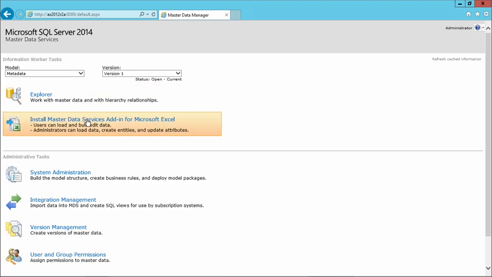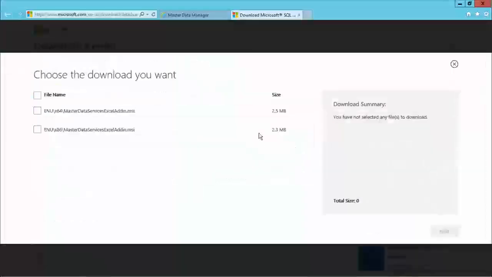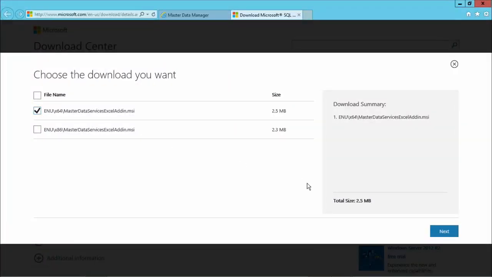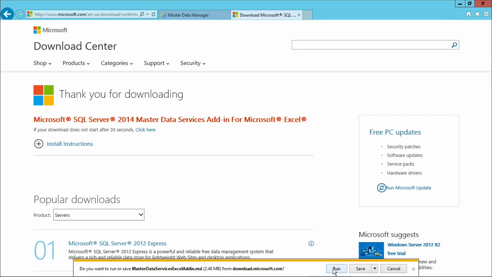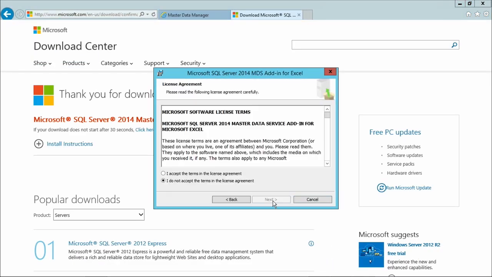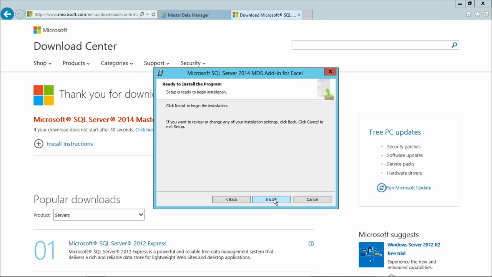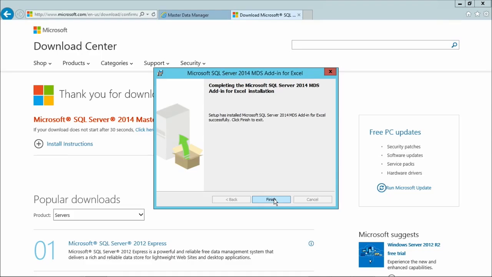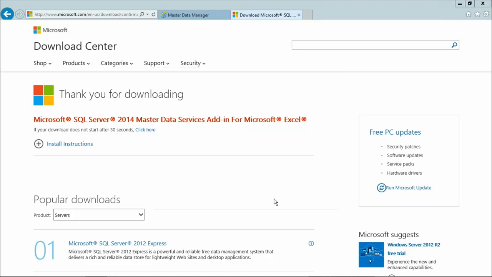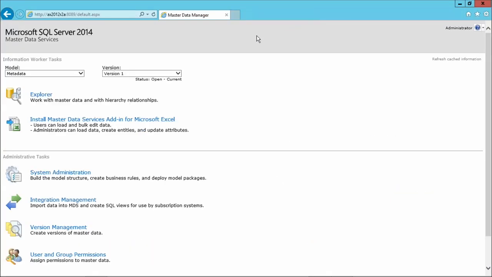From here, you can install the Master Data Services add-in for Microsoft Excel. Let's go ahead and do this. Let's download the 64-bit version and hit Run. Accept the terms of the license agreement and install. Once we are done, let's go back to